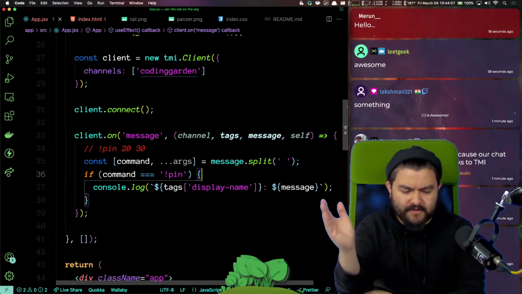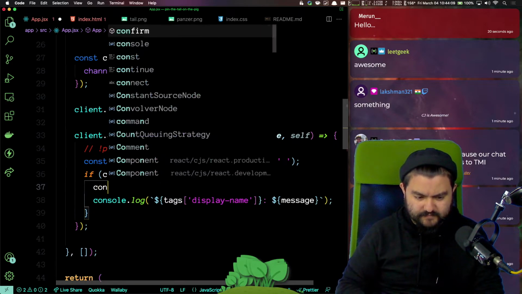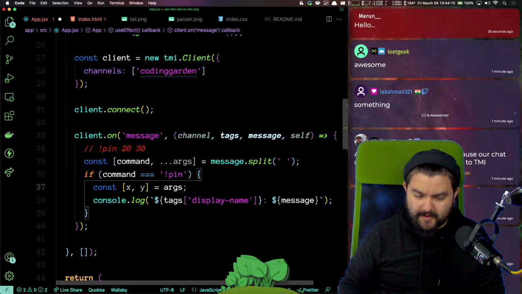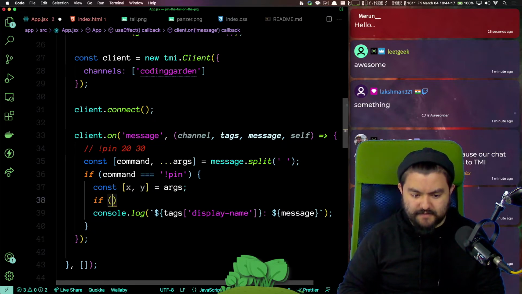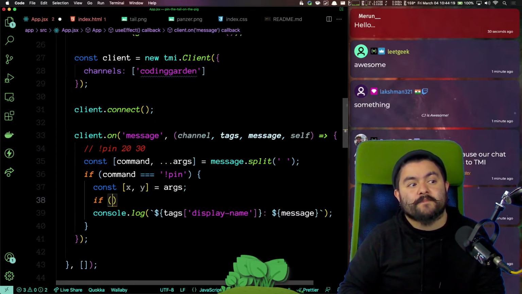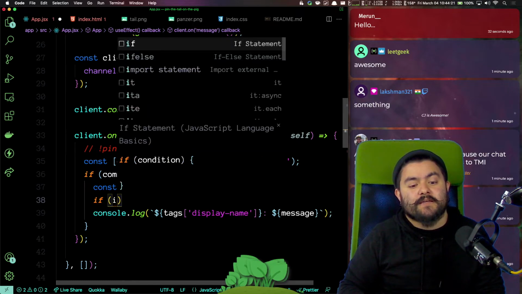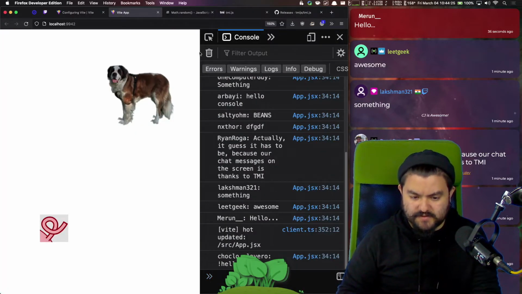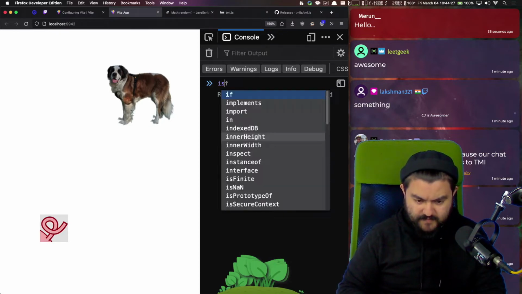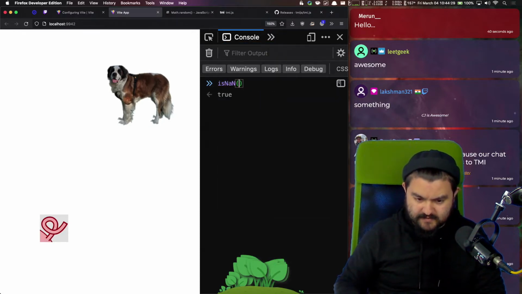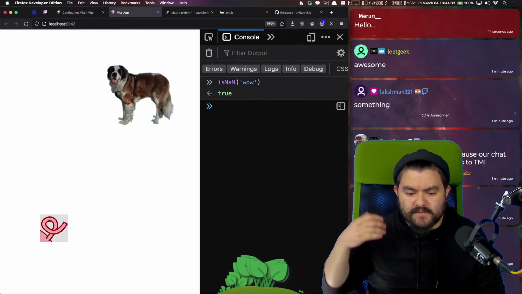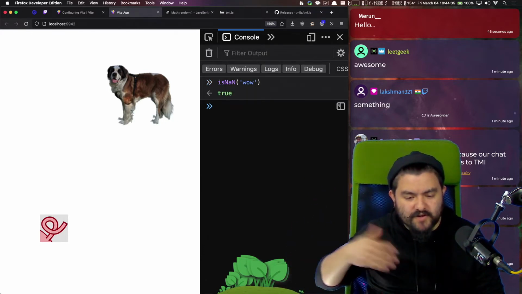Now we need to validate the x and the y coordinate. So right now, x and y will come from args. And we'll say if isNaN, I always forget which isNaN we should use. So there's just a built-in isNaN. That's the one we want, because that string, if converted to a number, is NaN.